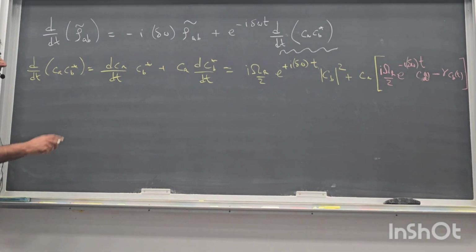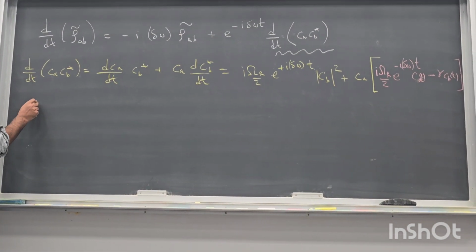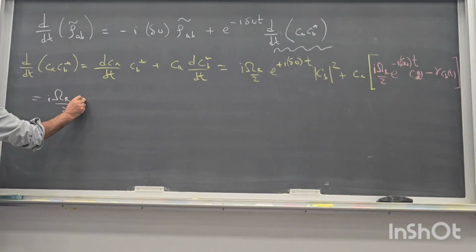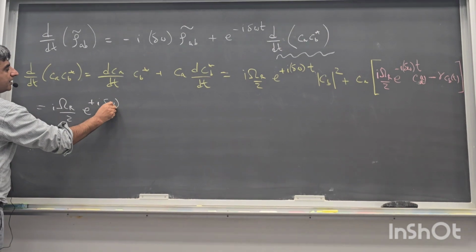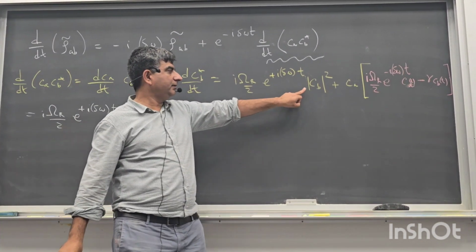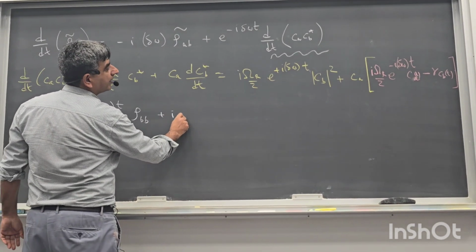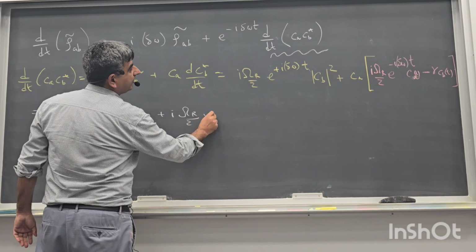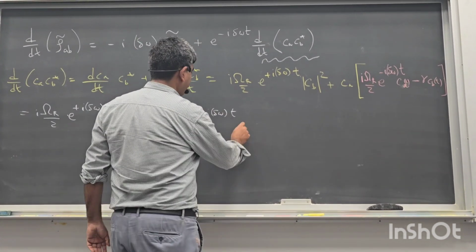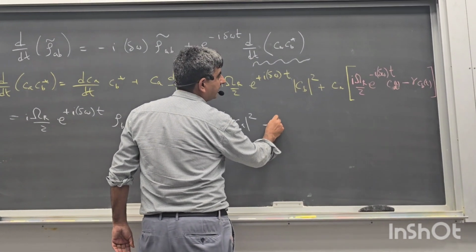So now this is, but that's a very good question. So let me expand this a little bit. This is i e^(i delta omega t) rho BB, right? This is rho BB plus i gamma R over 2 e^(-i delta omega t) CA mod square minus gamma,